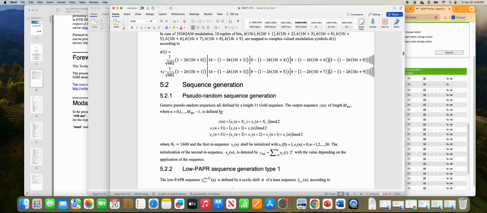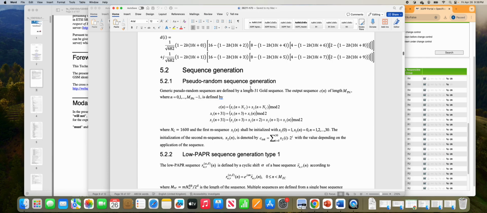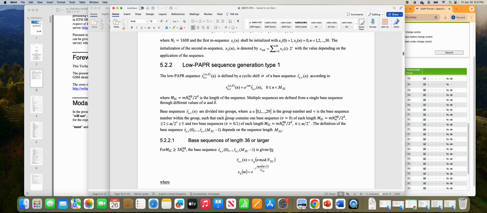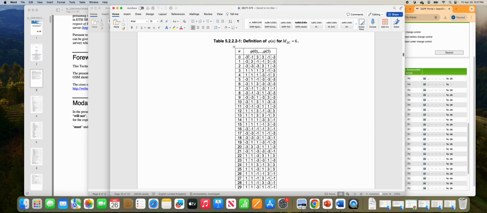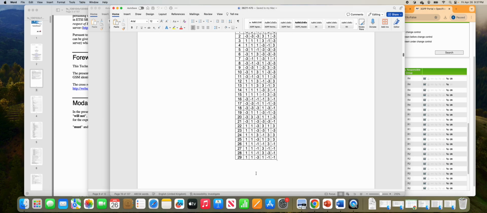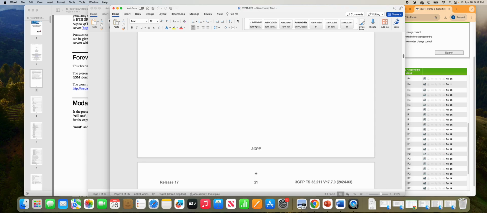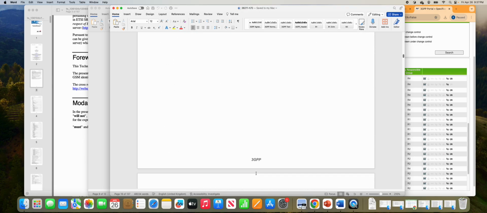And we talked about some sequences, some special purpose sequences that are used. So this is telling you how to generate a length-31 Gold sequence and some other things. And so if you're writing software or firmware to actually implement one of these radios, then you bury yourself in the standard and you pick out all these numbers, and this is how you encode all that information in your waveform. All right, so